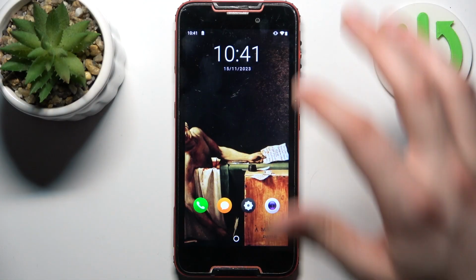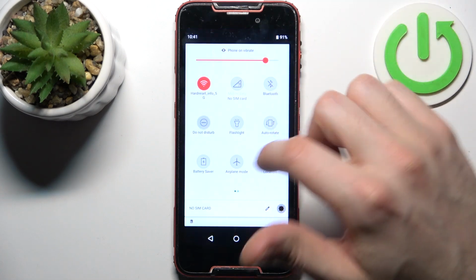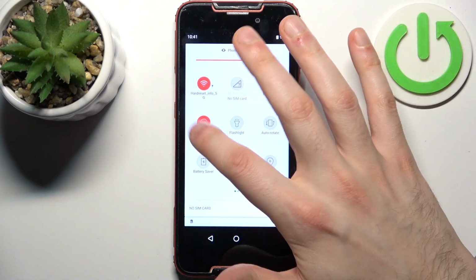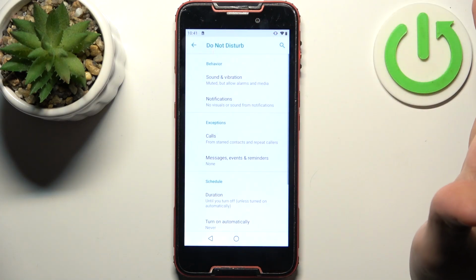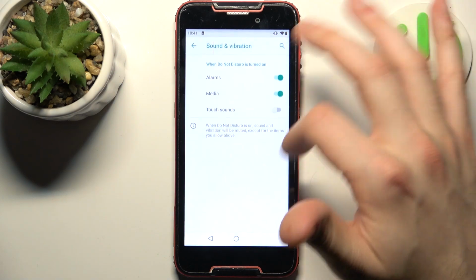So firstly, let's open the upper bar, and here you can find the Do Not Disturb button. By tapping on this button once, you can switch this mode. By holding your finger on it, you can access some of its settings. For example, you can